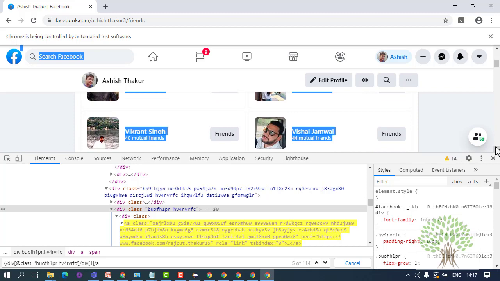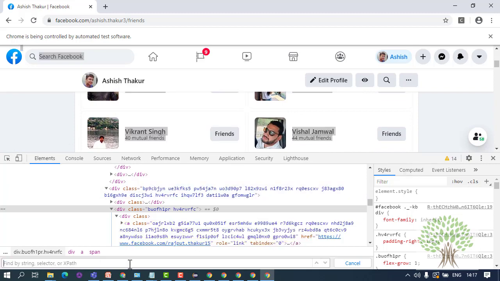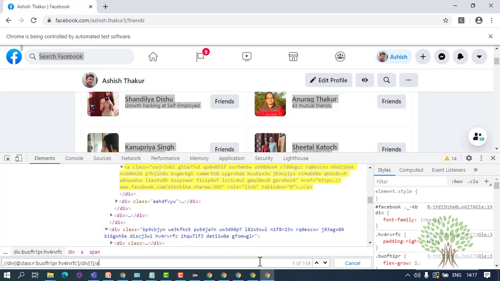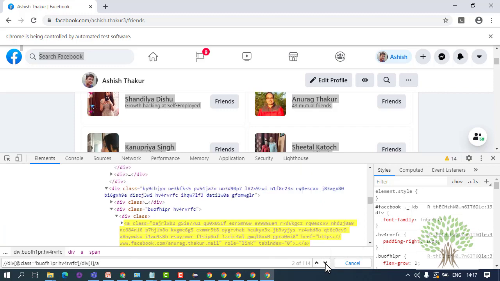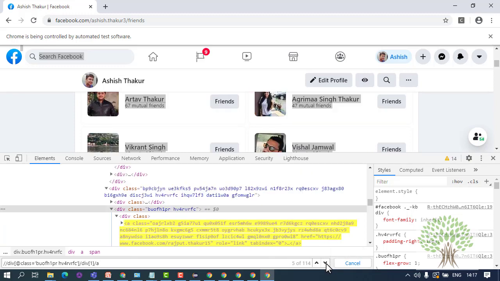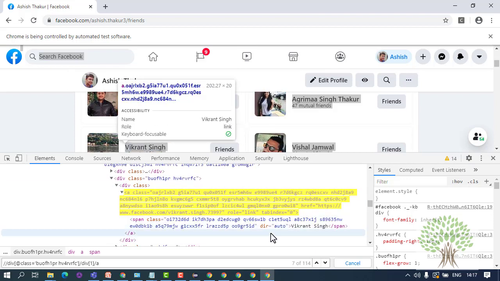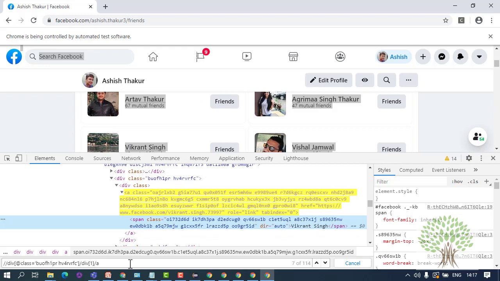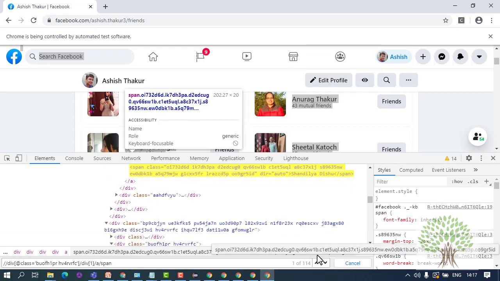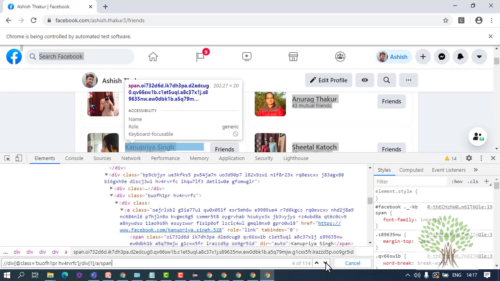You see that? If I just hold on, cut it, paste it. Alright, so this XPath is representing, in the anchor tag, this is the name. Or I should be more specific, /span. So this will only represent the name of the person.